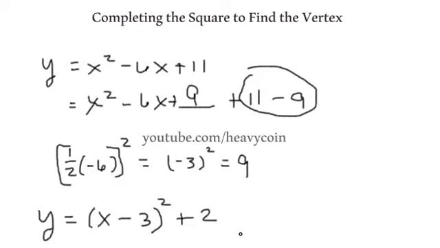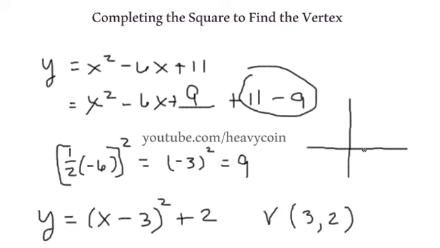Alright, so we said 11 minus 9 was 2. Right? And so the vertex, and of course I'm just going to label it with a V here, that point is going to be (3, 2). Alright, so if we were to sketch this out, we would come over 3 units and up 2. So somewhere